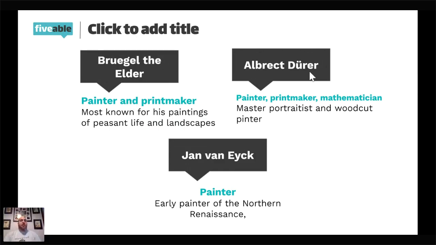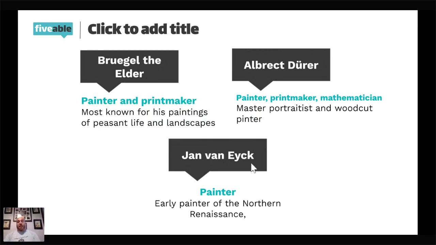Albrecht Dürer is from the Holy Roman Empire, excuse me. He is German. He is a painter, he's a printmaker, he's also a mathematician. So he does kind of fit that idea of this Renaissance man, the guy who can do art and science and math and language and all of the things therein. He is most well known for his portraits, especially of himself, as well as his woodcuts. His math focused a lot on geometry, and it's beyond my understanding because I'm not a math teacher, but he did write 2 books about mathematics.